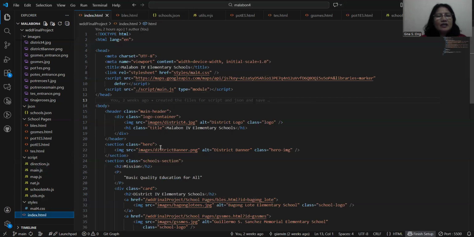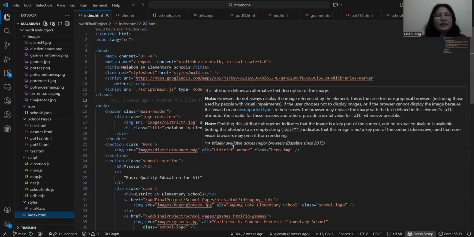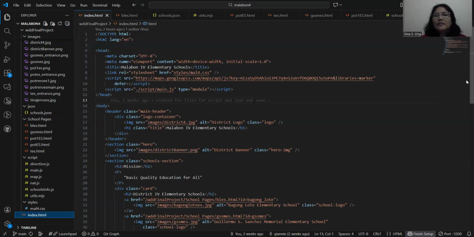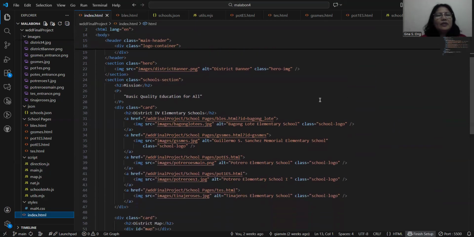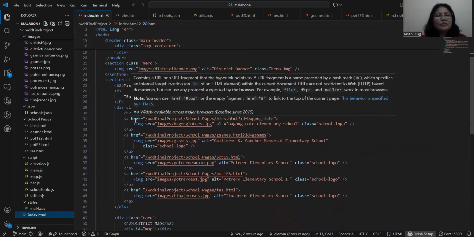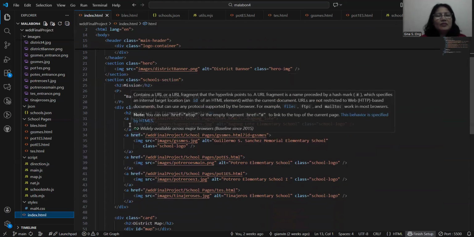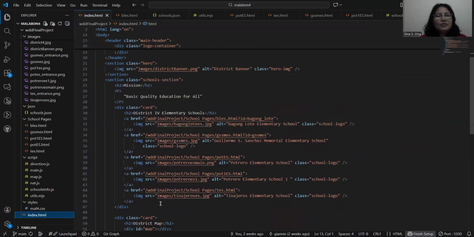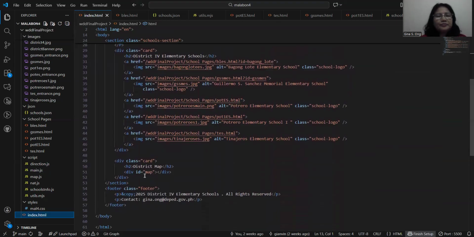I set here a hero, which is the banner for the district. And we have the school section represented by the logo of each school. So these are the 5 school logos. And then the district map, and then the footer.